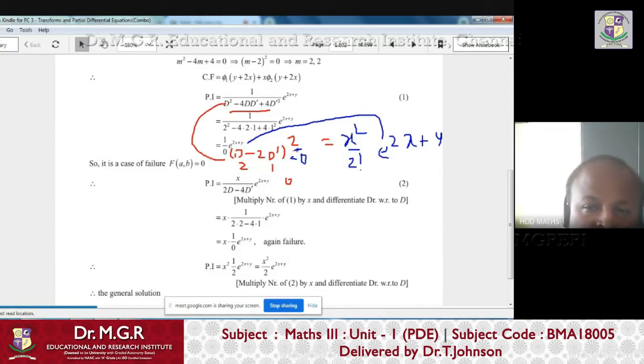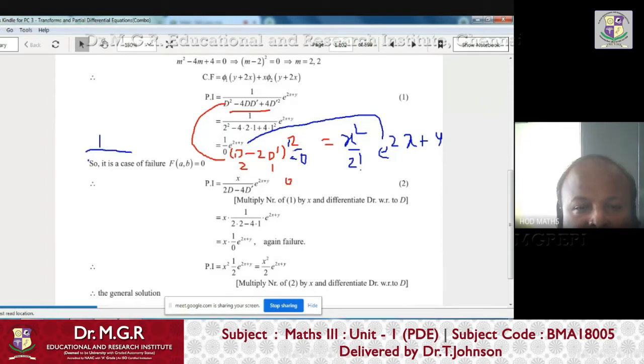If the power is 3, then we have to multiply x cube by 3 factorial. If the power is 4, then we have to multiply x power 4 by 4 factorial. If the power is 1, suppose it is simply D minus 2D dash, then we have to multiply x by 1 factorial, right? So that is one thing. So the condition is